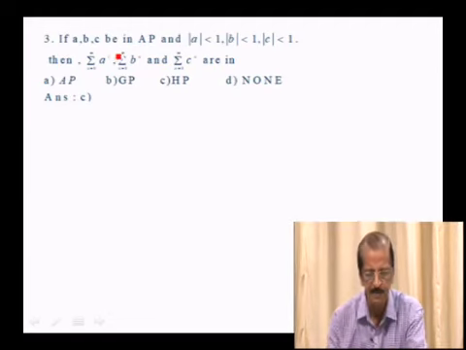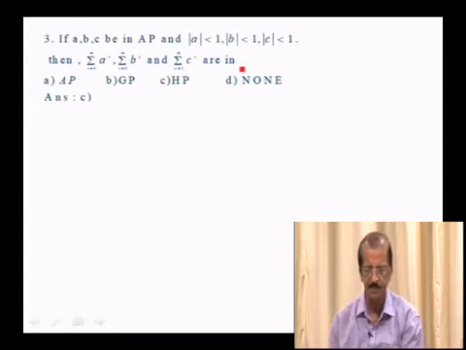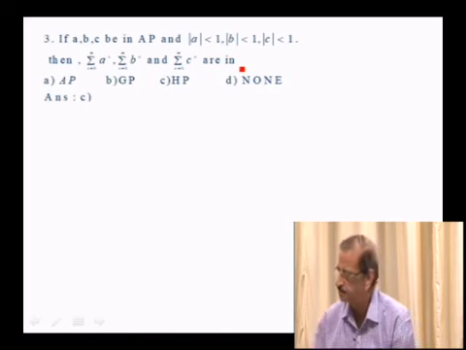Third one: if A, B, C are in AP and mod A less than 1, mod B less than 1, mod C less than 1, then sigma n equals 0 to infinity A to the power of n, sigma n equals 0 to infinity B to the power of n, sigma n equals 0 to infinity C to the power of n are in AP, GP, HP, or none of these. So, here